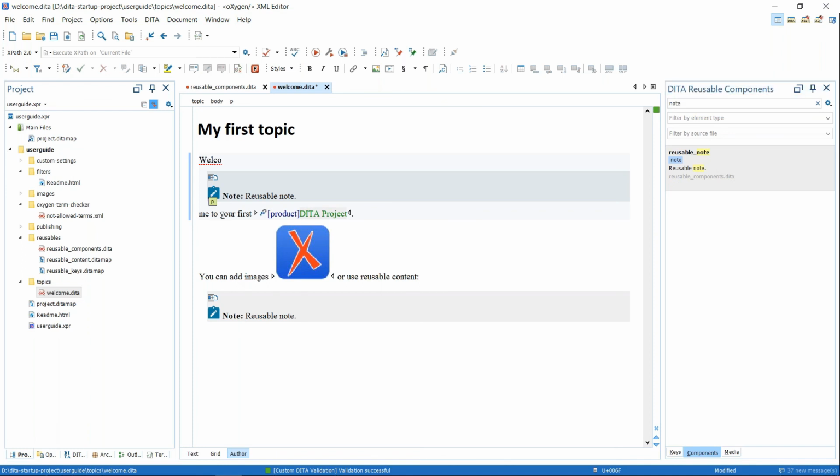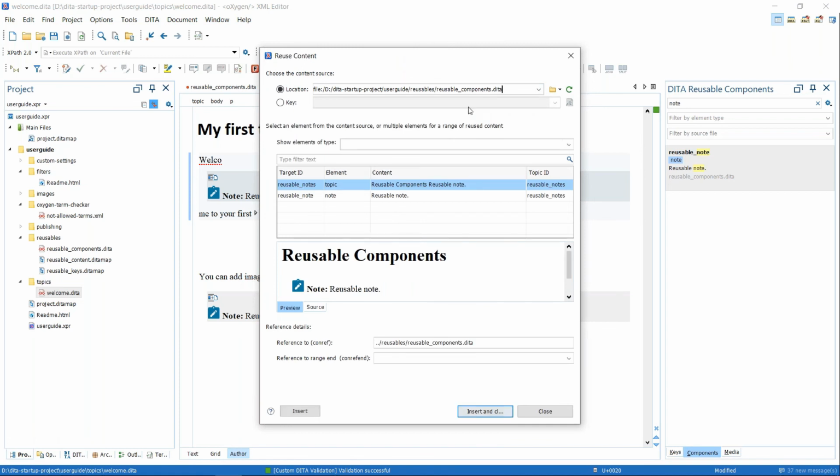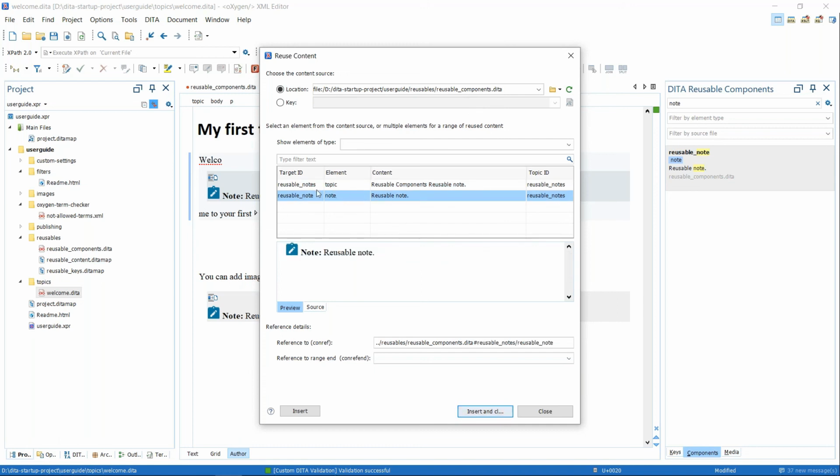Of course, there's another way of reusing content in DITA and in Oxygen. You have this action on the toolbar, the reuse content action, and in it you can select the topic from where you want to reuse content, and you'll see them here. You get a little preview and then you click insert. But